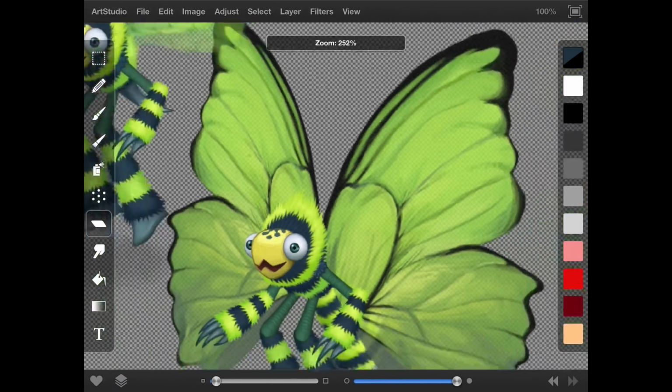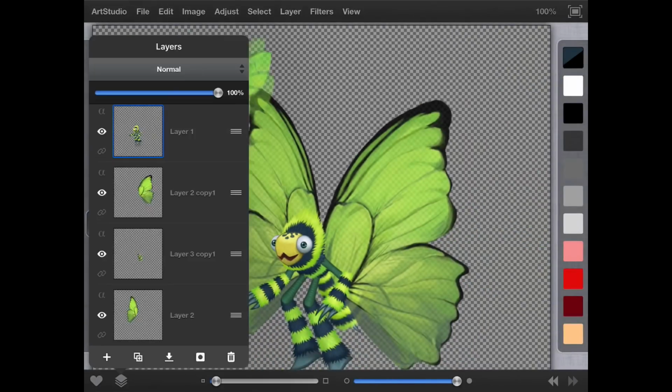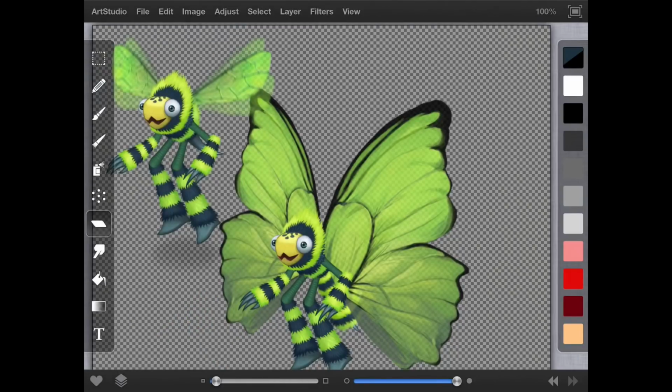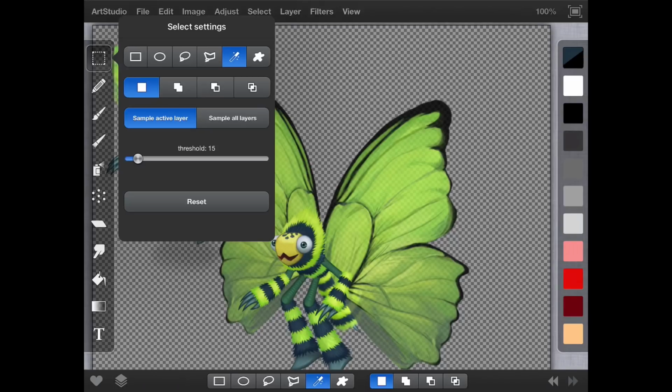Okay, so if I tap and hold my finger, I just picked the color that I wanted to create. See the black in the wings? I think I'd like to turn the black in the wings more to the dark blue that's